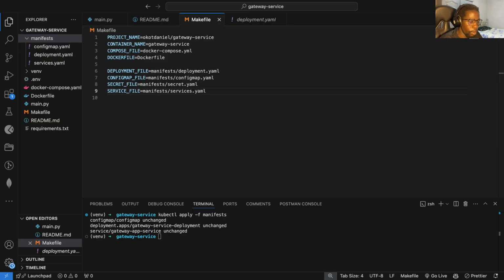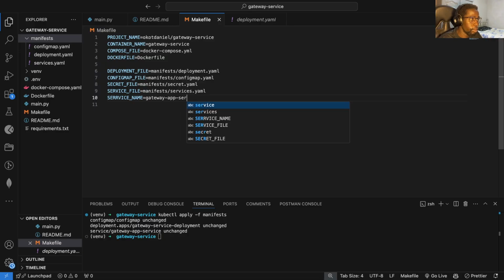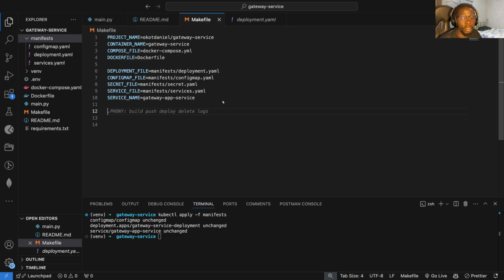And then one more thing that we do have is the service name. So let me just define this real quick. I'll explain everything in a minute. So service name, this is gonna be gateway app, and then service. Okay, all right. So just double check this. All right. Now that we do have those variables, the next thing we would like to do is,